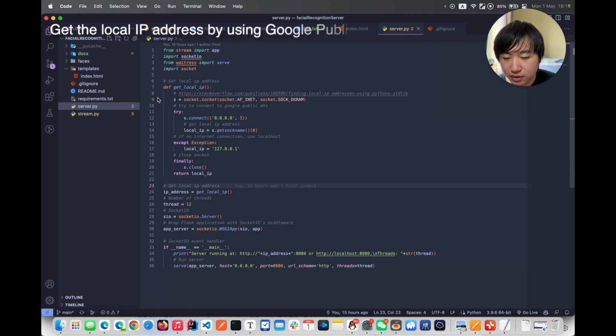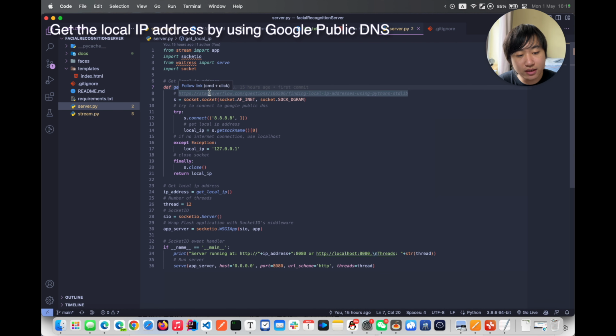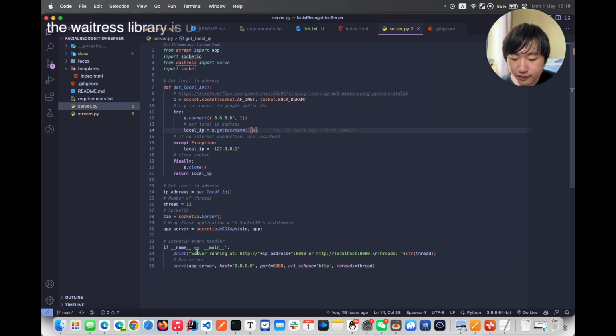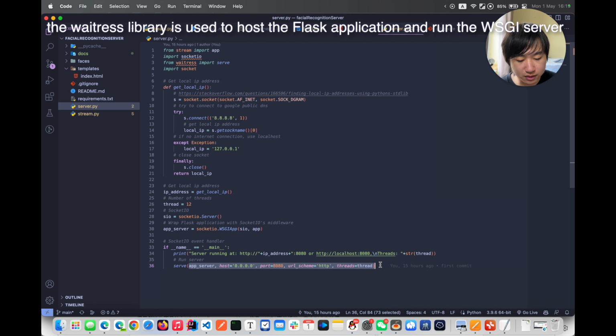And in the server file, I have a function that can get the local IP, because I can use some functions from the socket library to get my local IP. So I need to use the Google DNS service to get my local IP, as you can see here. And after that, we can run the server. Use this command, and the number of threads for many users to use is here. So we can define what threads we like. And as you can see, it will get the IP address and the localhost to run in these files and allow